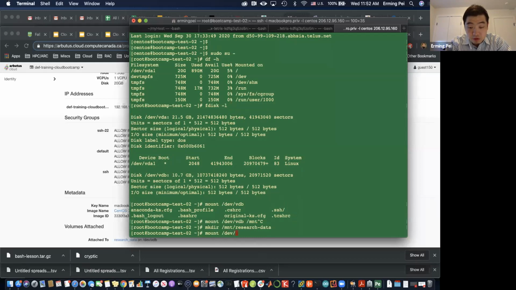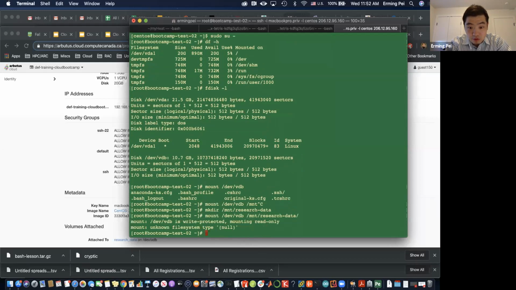/dev/vdb, then mount to this. It says vdb is write protected, it's read only, cannot mount it. It's an unknown file system. I have to make a file system for it. Let's see, mkfs.ext4